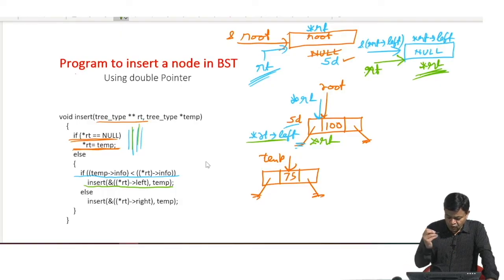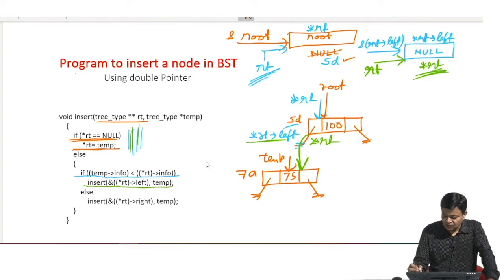Okay. So, second insert's *rt is equal to how much? This is equal to null. Okay. So, what will happen? Now, this second insert's *rt, it means this green *rt should point to temp. Let us assume temp is equal to 7A. So, now this green *rt has become equal to 7A.